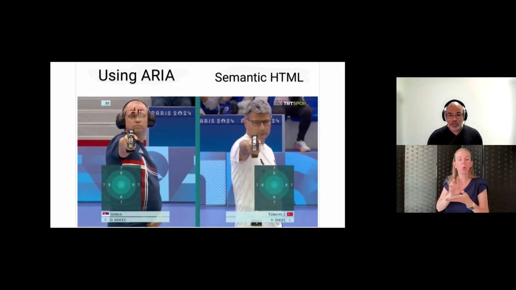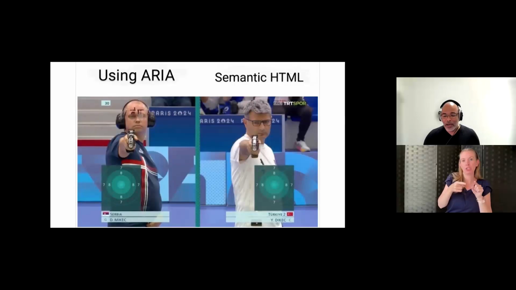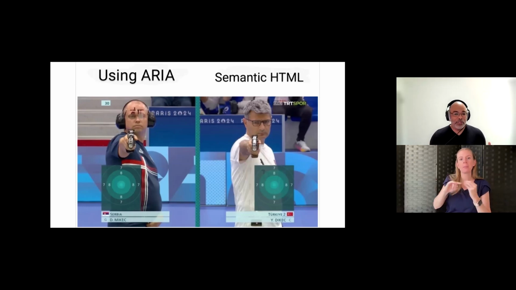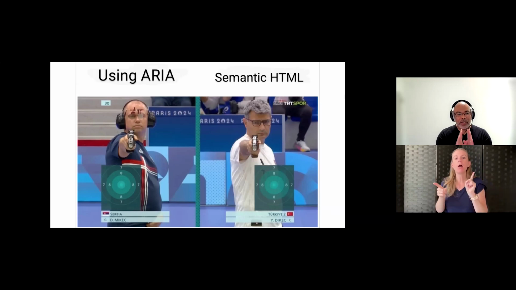So many of you saw these memes floating around during the Olympics. You had the gentleman from Turkey who didn't have any assistive tech during the shooting range match, and he actually ended up taking silver. Well, think of him as semantic HTML. He was able to do exactly what he needed to do in the Olympic trials and got a medal. Granted, he also had a partner. But you see, he comes out there, he did not need anything else to help him medal in this event.